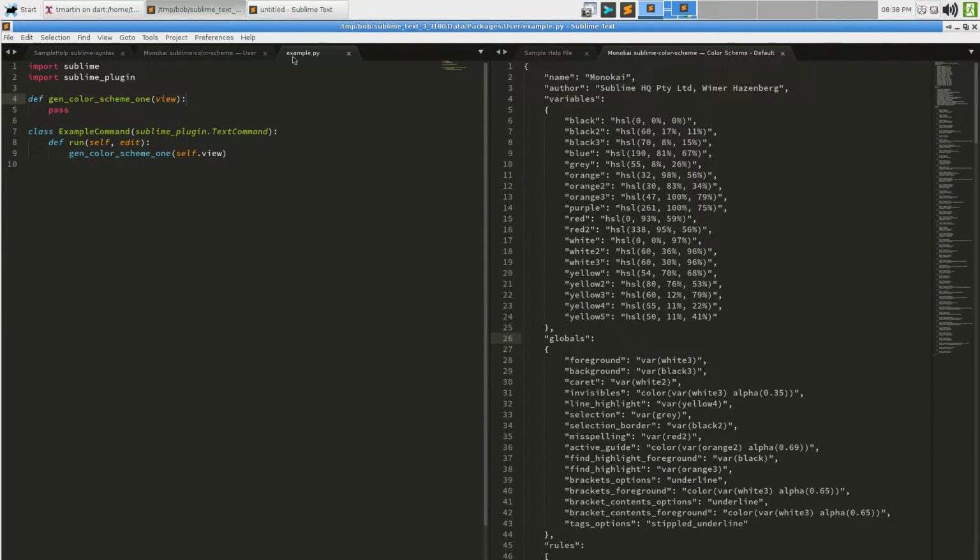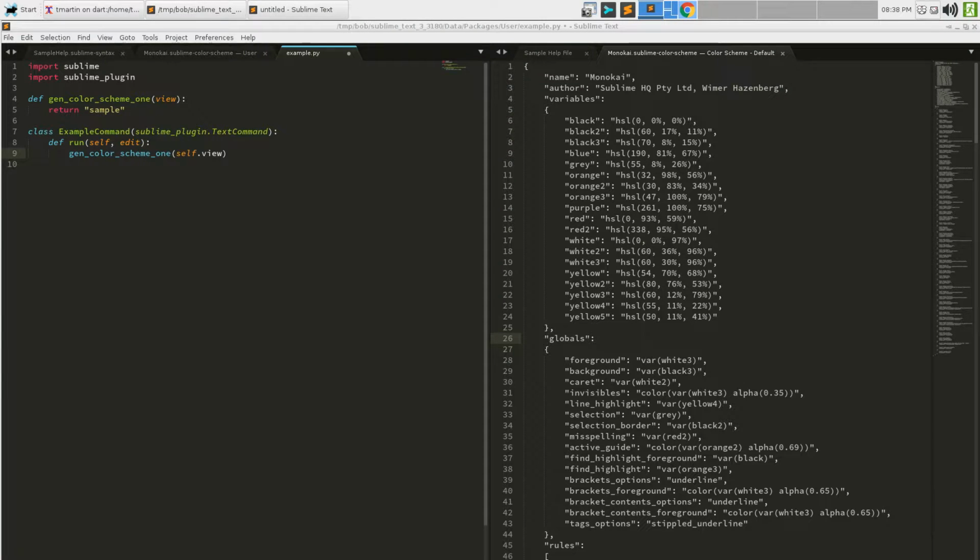But we would go about this in a slightly different way if we were going to create a color scheme from scratch. And then we're going to say that this actually returns a string. So it'll return sample, let's say. And here, well, I guess we should do it this way, shouldn't we?